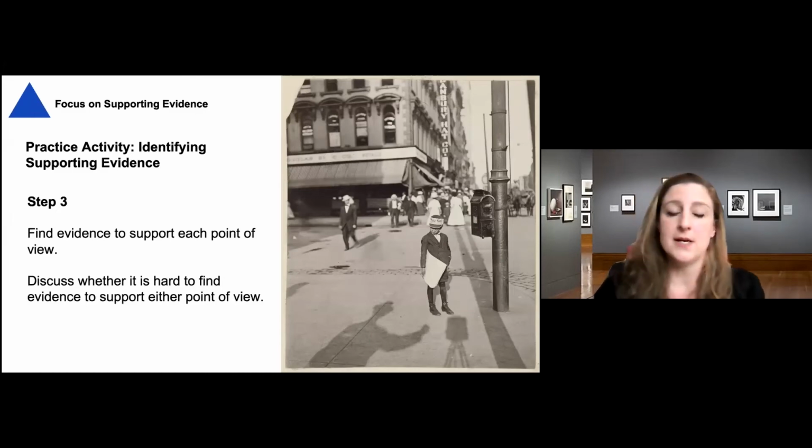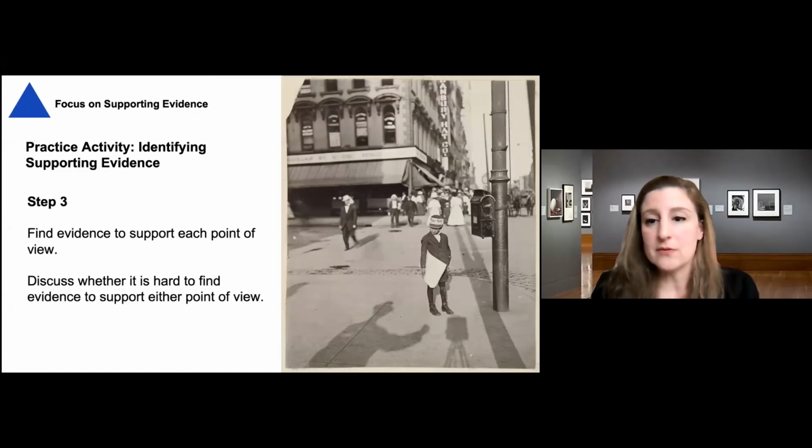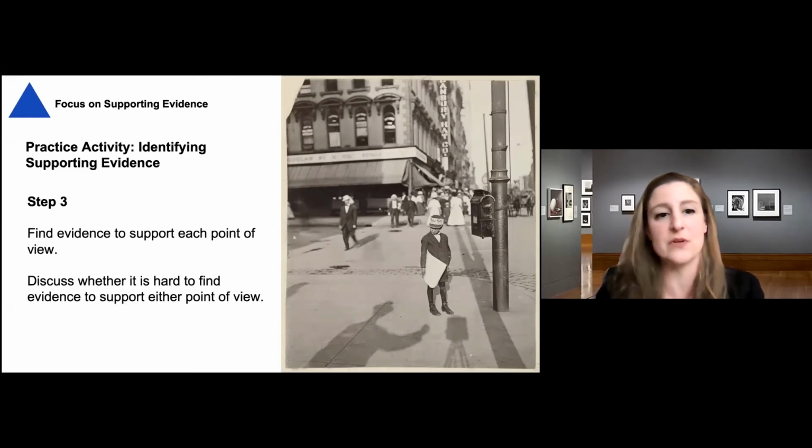And they can also talk about whether it's hard to find evidence to support the different points of view they've identified. What's also useful about this exercise is that it helps to build a kind of tolerance for points of view that are not your own. And that makes it easier to listen to other people and to be respectful and understand that not everybody is going to agree, but you can still get along and be friends and express your points of view. So it creates a more structured way to explore that.